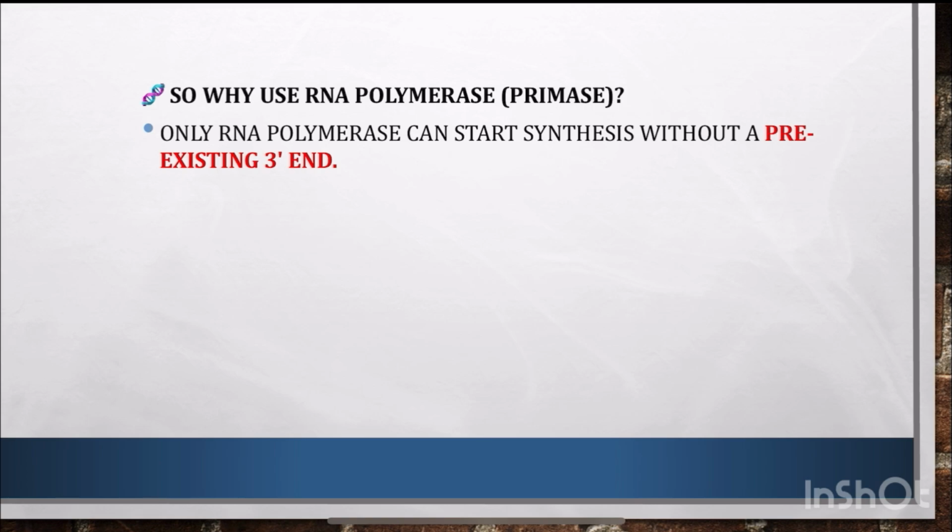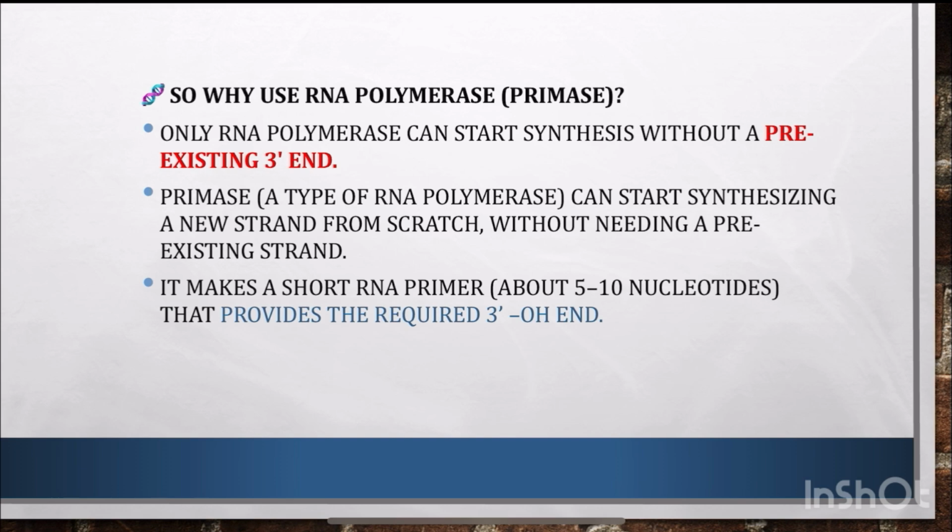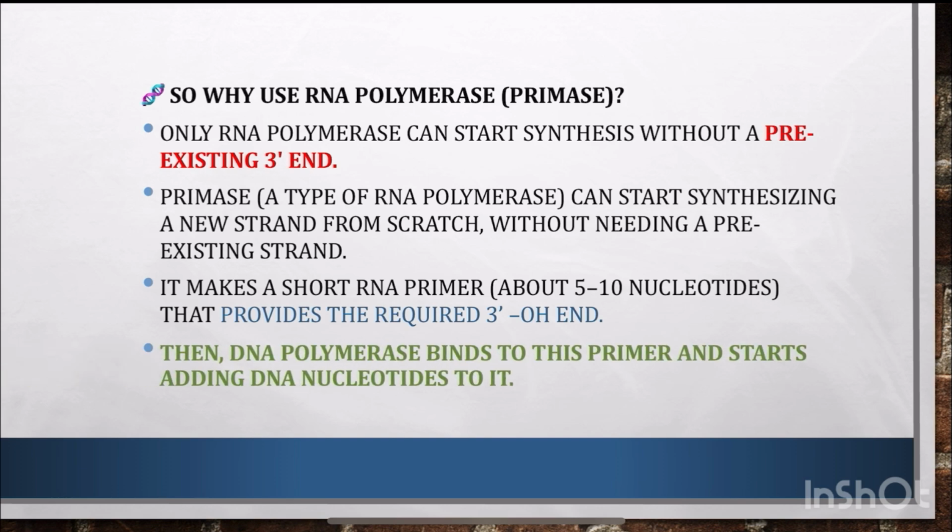So that is the main reason. For the formation of a short RNA primer, about 5 to 10 nucleotides, we need RNA polymerase, not DNA polymerase, because RNA polymerase can do its work in the absence of a free 3'